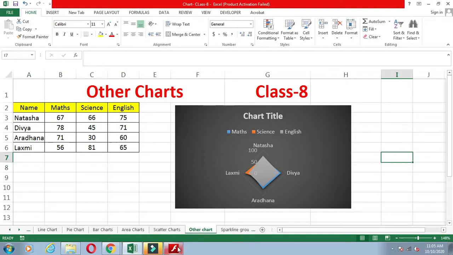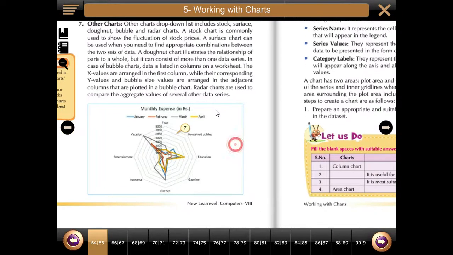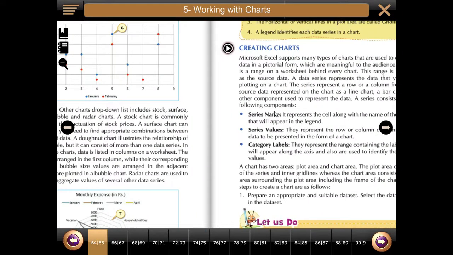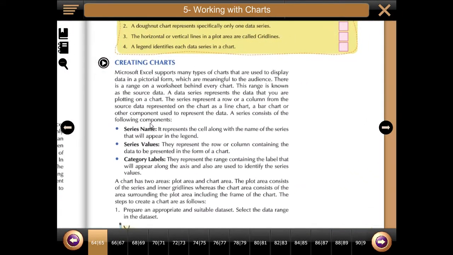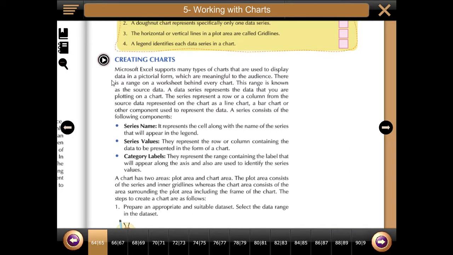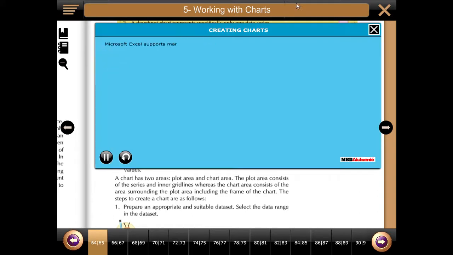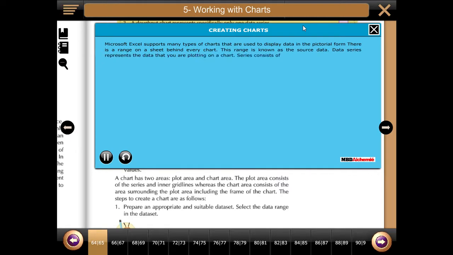Creating charts. There is a range on a sheet behind every chart. This range is known as the source data. Data series represents the data that you are plotting on a chart. Series consists of the following components. Series name. It represents the cell along with the name of the series that will appear in the legend.